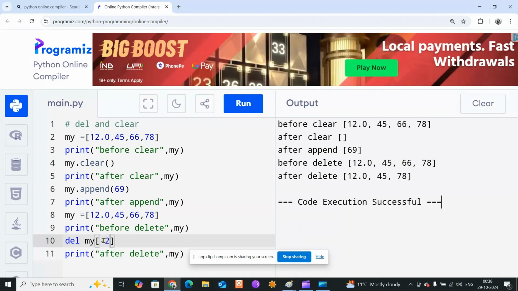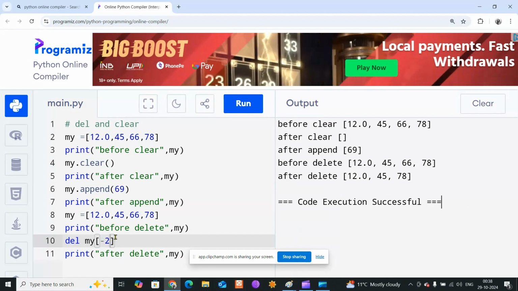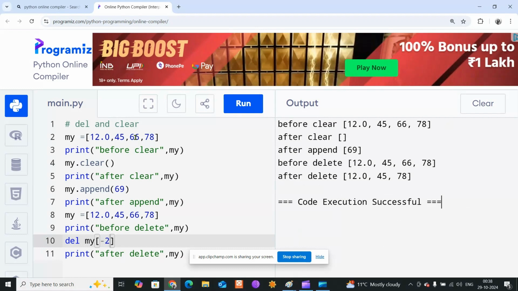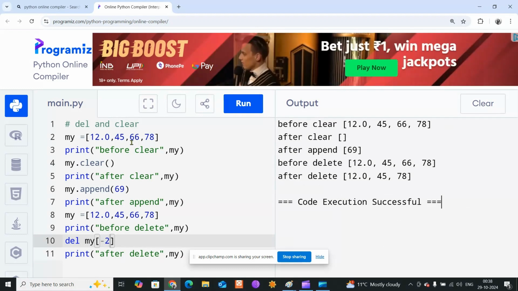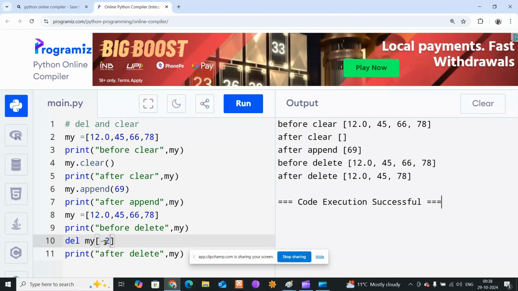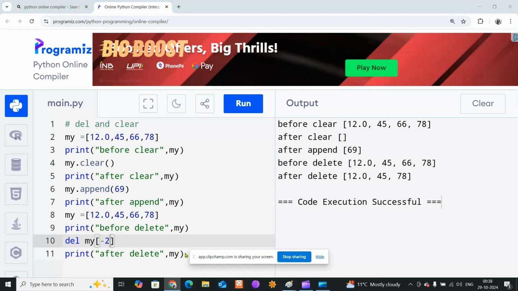Because if I am passing 66, it's trying to find the 66 index. There is no 66 index here, right? There is a -2 index, negative indexing. There will be a video on this channel as well, which will tell about the list and why -2 is here, right? But if I do something like this, as I showed you here,